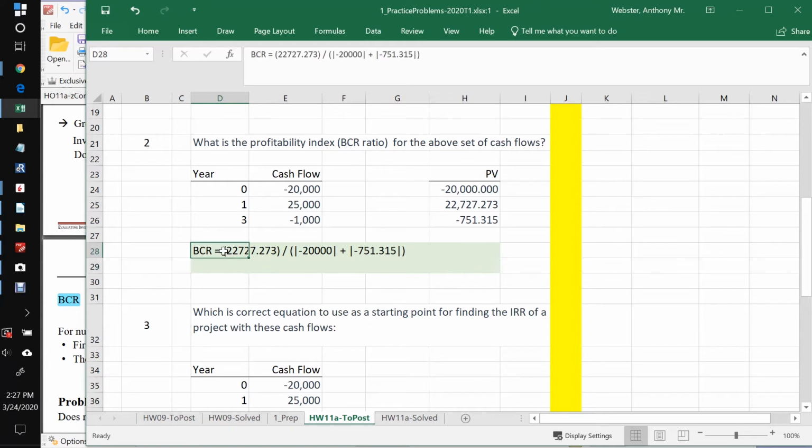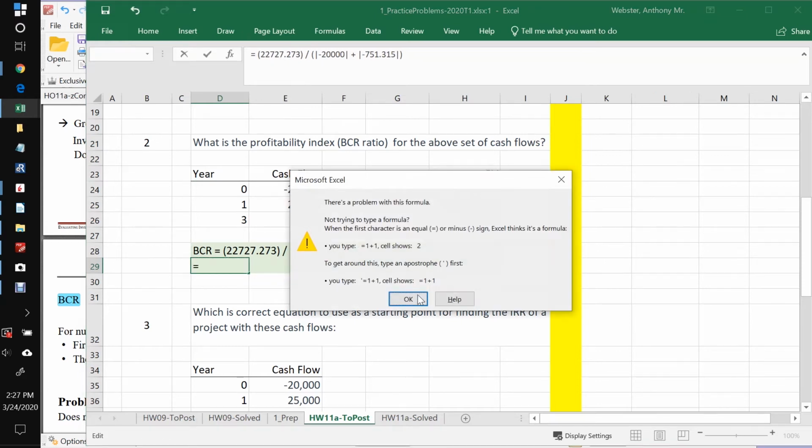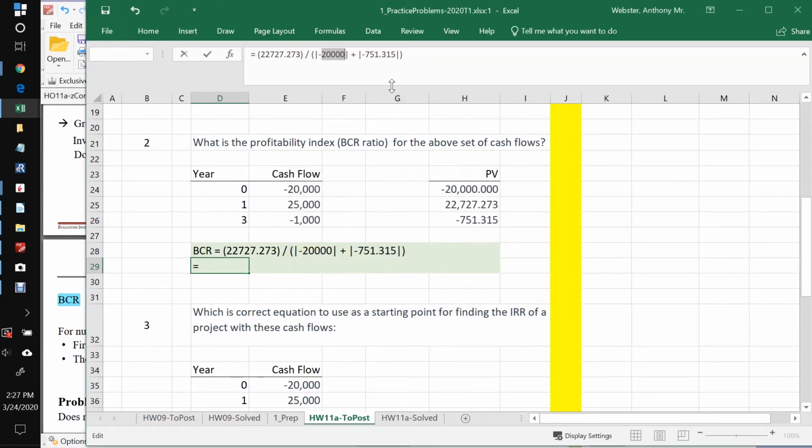Now let me go down and do that for us numerically. And okay, we got a problem with my formula there. For some reason, it's just not liking these things. So I'll just make this quick adjustment. Oh yeah, that's why I need to use the absolute value function in Excel, and I don't want to do that. Okay, so there we go. And I think that should work. And it's